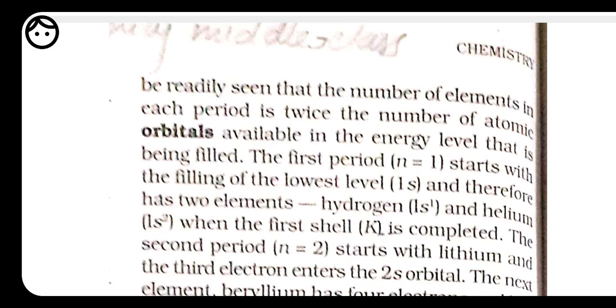So we have to do till the fourth period only, or I will tell you about the fifth period also. That fifth period starts with what? It starts with the 5s orbital. Okay, so it is also similar to that of the fourth period. There are also 9 orbitals: one for 5s, then 5 for 4d and 3 for 5p. So it is to be filled. So altogether for 5s we have 1, then 5. So totally we have 18 elements in the 5th period as well. Okay, so like that we have these numbers of elements in different periods. So these are all about the period.